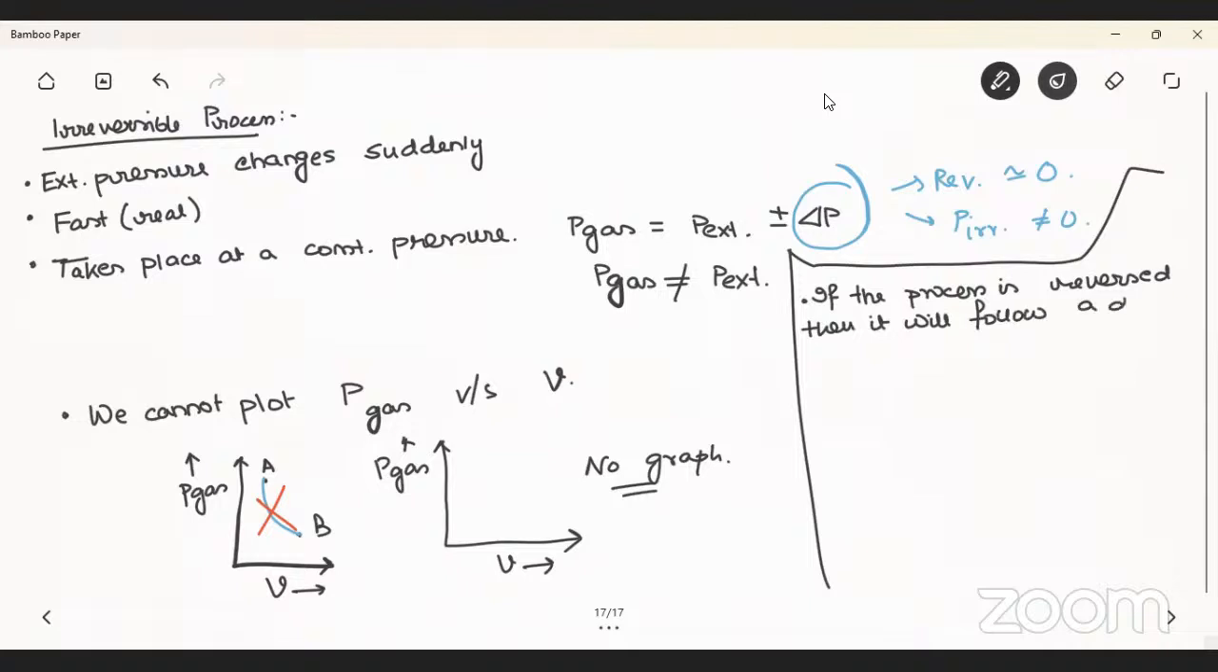Follow a different path. Okay, so first of all, an irreversible process can't be reversed. Suppose you have cooked a piece of meat. Now you want the raw meat back. For cooking the meat, here I am giving the example,